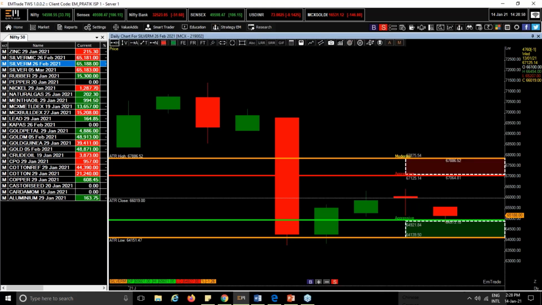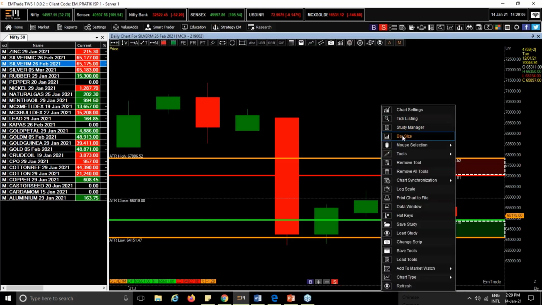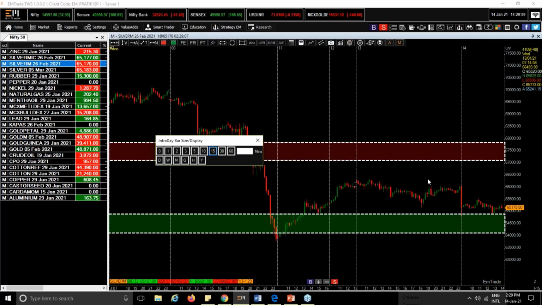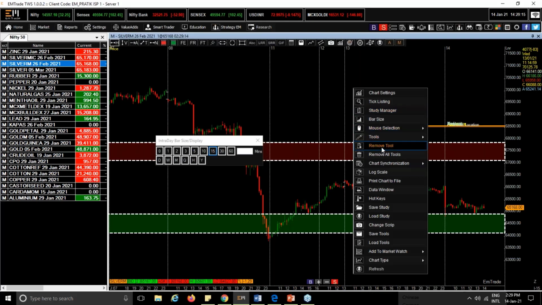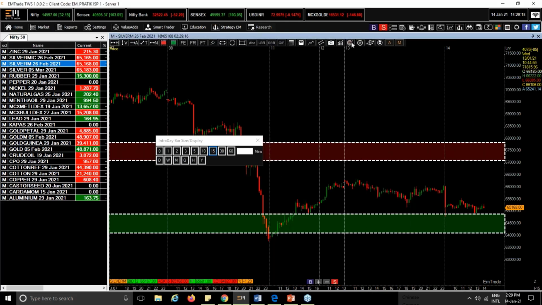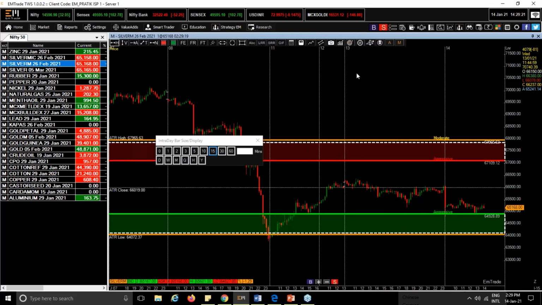So exactly this indicator, the EM Trade Pro moderate indicator, works to measure the volatility of the market. So maximum silver can reach 67,886 and the second level is 67,000. For the downside, your price can reach a maximum of 64,072. Same we can apply for the USD also, Tiger.